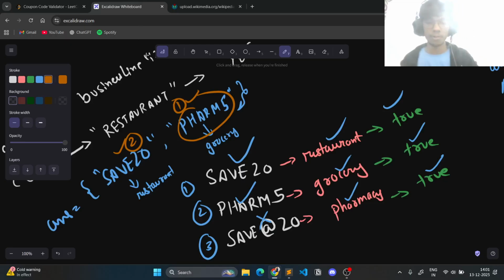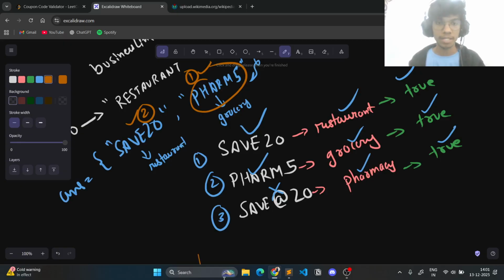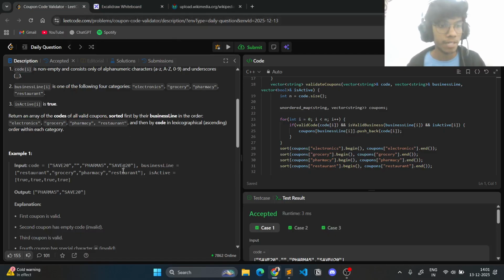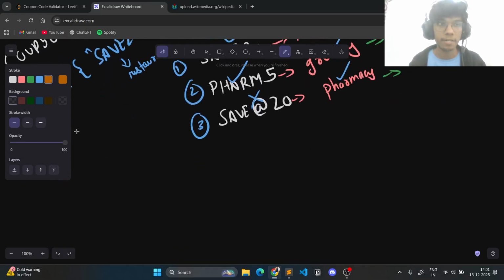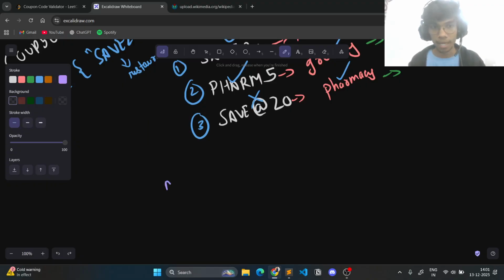So this is the problem. If you understood the problem, then the coding part is fairly simple. It's just implementation. We first need to keep track of all the valid coupons. The idea behind it, what we can follow, is that we can create a hash map